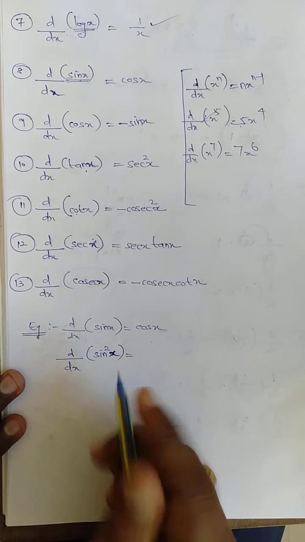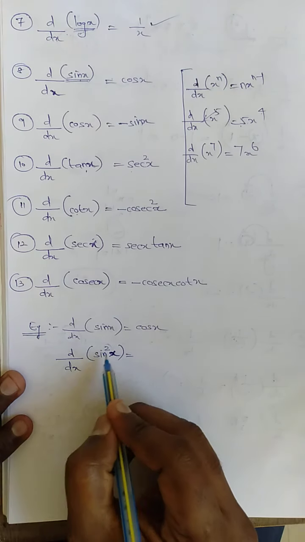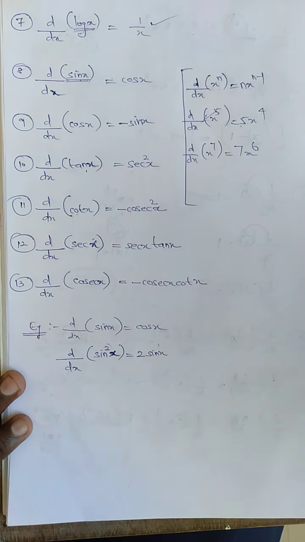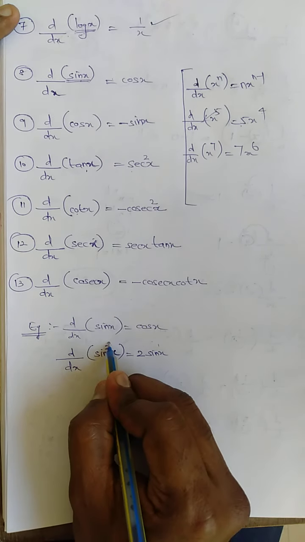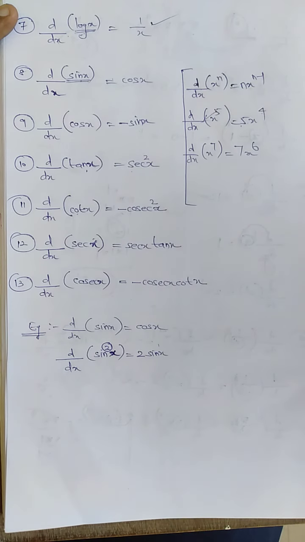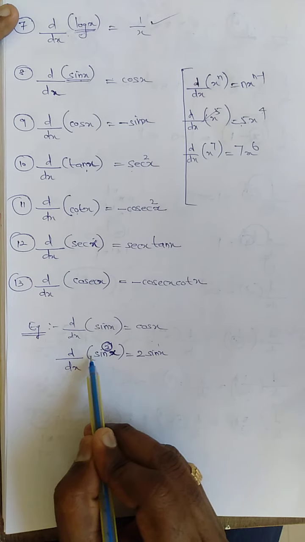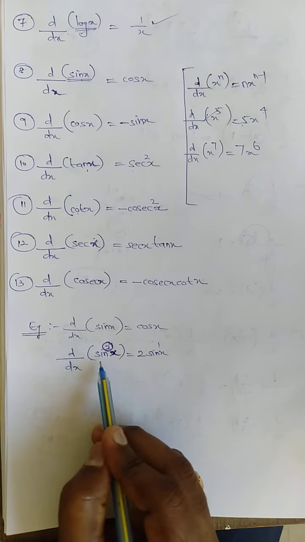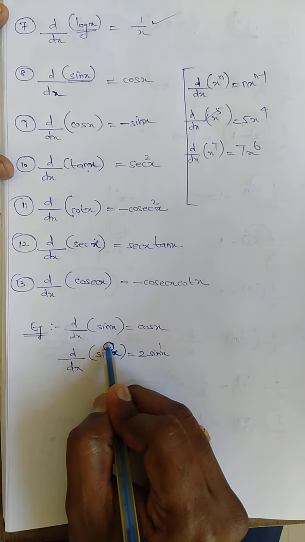Sin square x. This is a power. Bring down the power and reduce the power by 1. First bring down the power: 2 sin x. Reduce the power by 1. That's all. That is 2 sin x. How easy it is. But I have differentiated only the power. What I did? Differentiate of sin square x: bring down the power, 2 came out, and reduce the power by 1. 2 sin x. That is n x power n minus 1, with 2 minus 1. I have differentiated only the power.